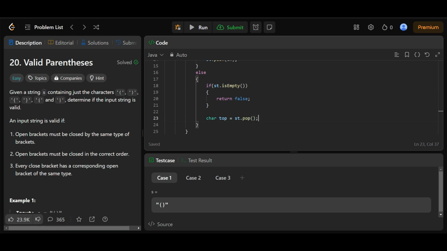Sorry. Alright. Now, what we have to check is that if the character is of this closed type, right? And the top of the stack is not equal to this, we'll return a false, isn't it? So ultimately, if our closed bracket is of this type, the open bracket must be of this type, right? So this is our first case,